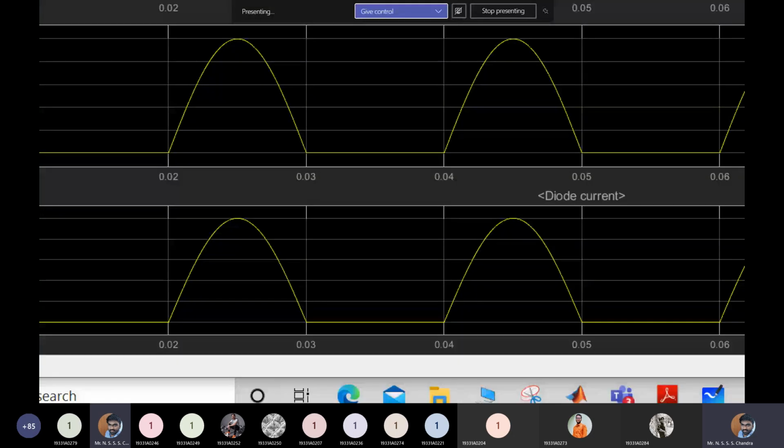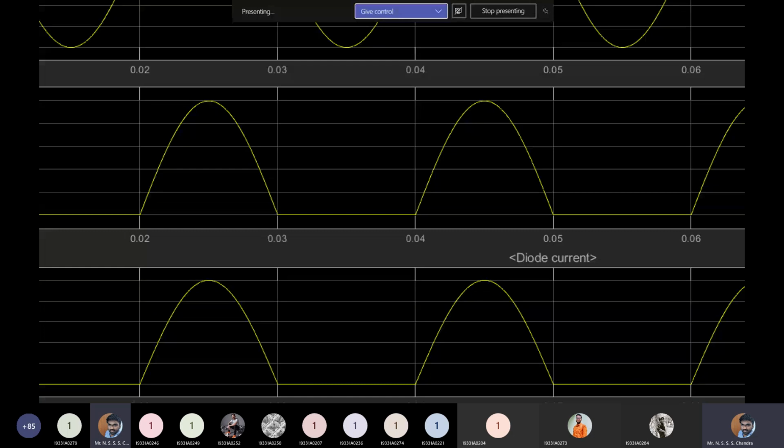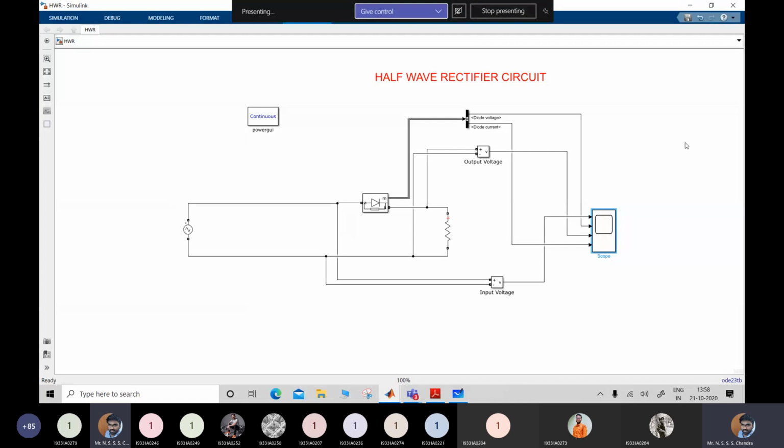The last wave is your diode current, because there are two series elements. You know that in a series circuit, the current through each element is the same, whereas the voltage will be divided, right? So whether it's the diode current or the current through the resistor, both will be the same. Your current through the load resistor follows the output voltage, which is sinusoidal in the positive half cycle and then 0 in the negative half cycle. Now I'll close this, and we'll go back to our analysis part.